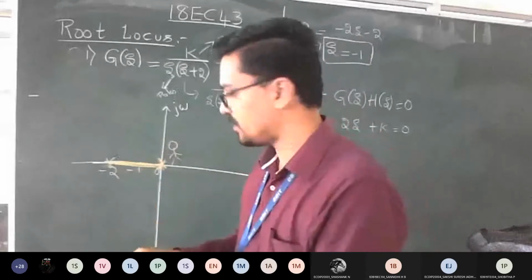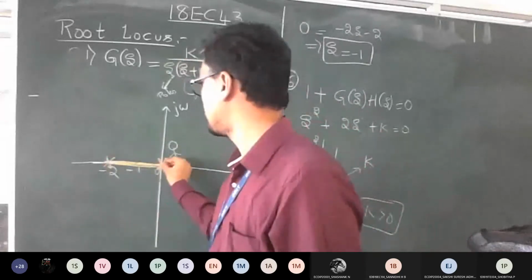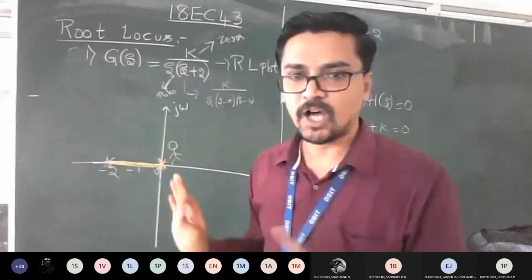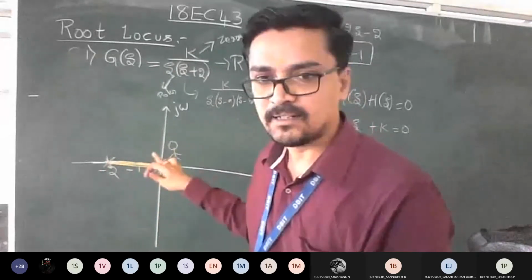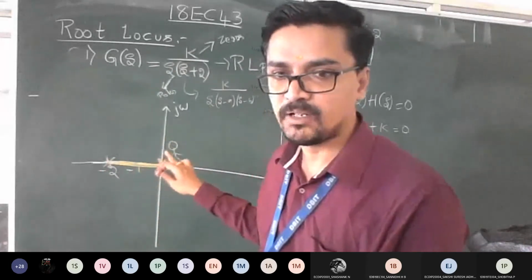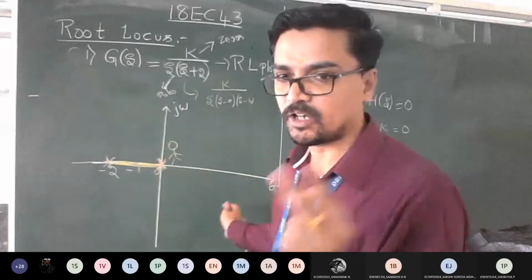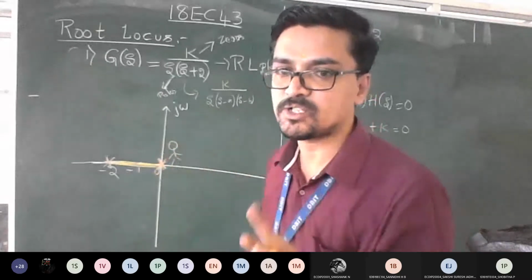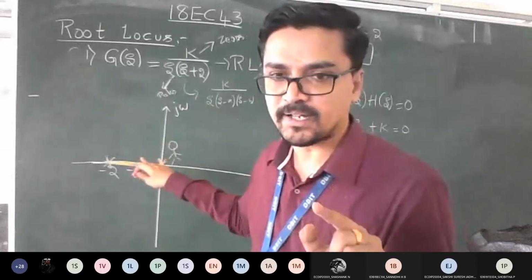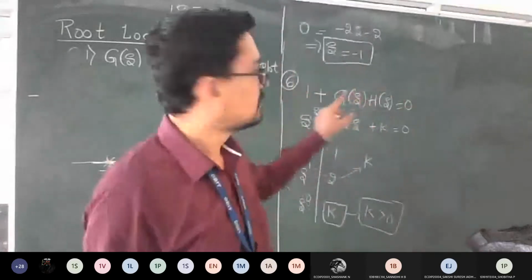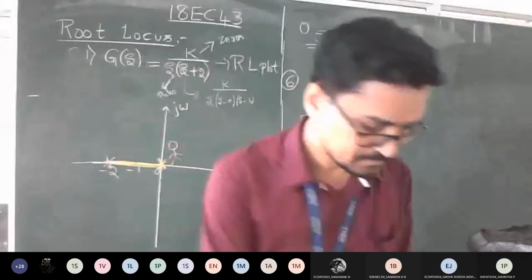So the points I marked here are your poles. Done till here. Now I need to mark the angle. So let's try to finish up this problem. To find the angle, we have found the number of asymptotes and we got two angles. One is 90 degree, one is 270 degree. How to plot that? I told you need to have some point that is called centroid. So where exactly is your centroid now?